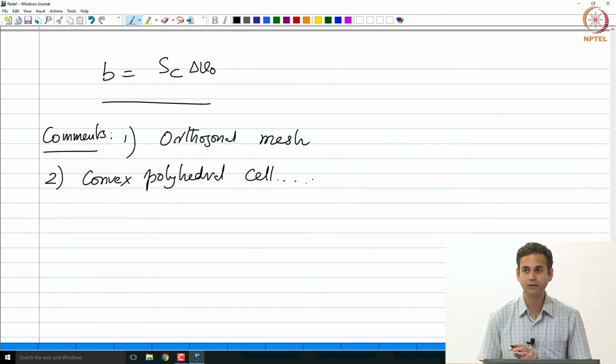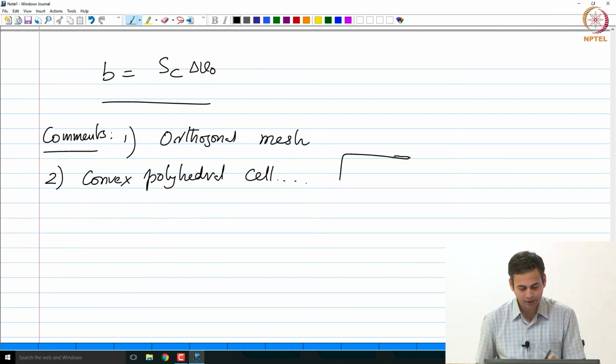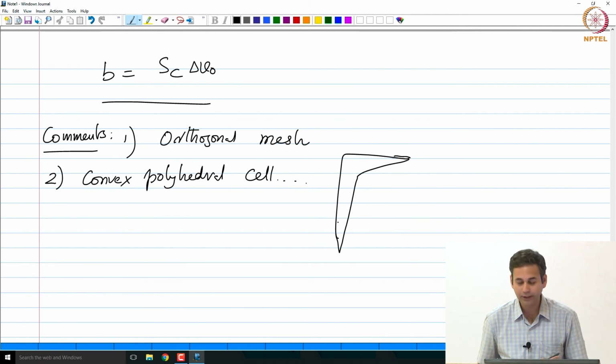All diagonals. Essentially, any line connecting any 2 points inside the cell should entirely lie within the cell, that is a convex polyhedra. Now, why do we say we have to have a convex polyhedra for our case? That means we cannot have cells that look like this. Why is that so? Because if we have something like this,